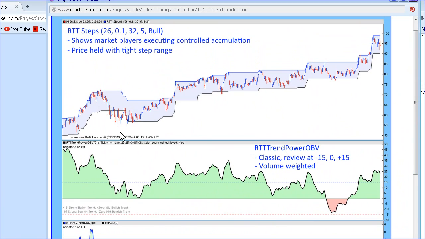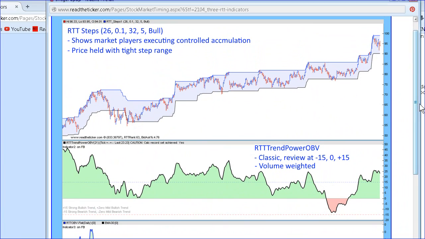You know, selling climax, base forming, sign of strength, last point of supply. These indicators help you scan for charts which are near zero or plus 15, which will give you an idea, because we have our swing scanner with the measures of all stocks of RTT OBV. So just to summarise, RTT Trend Power Overview is a trend tool, and you want to consider positions in the stock when it's minus 15, 0 or plus 15,